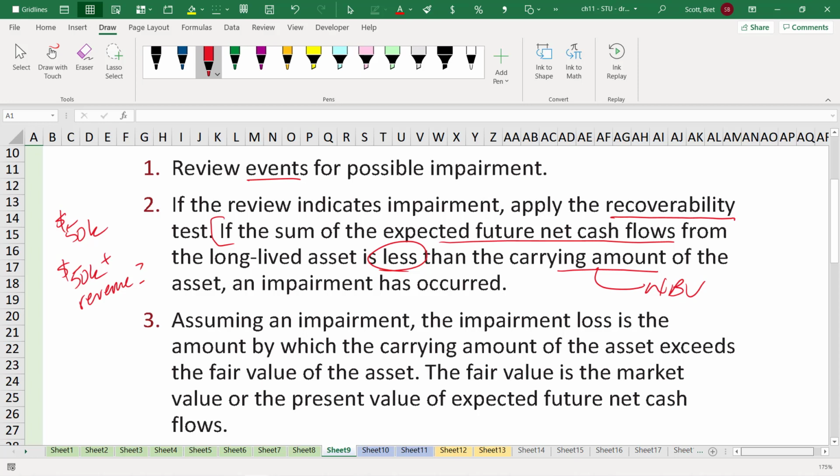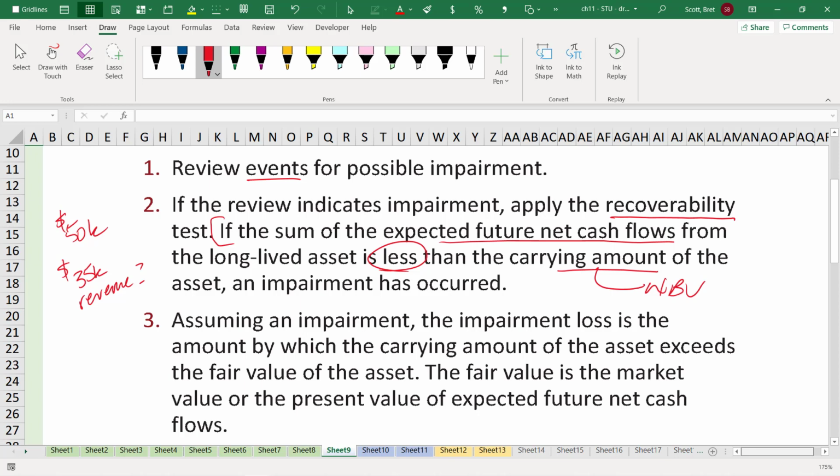If we don't expect that, let's say we only anticipate 35K in revenue, then potentially we have to write down this asset. In other words, this thing that we're going to use for the next year and then get rid of is not even going to generate enough money to make up for its own carrying value,